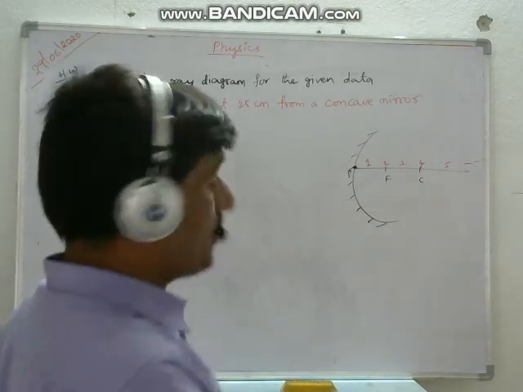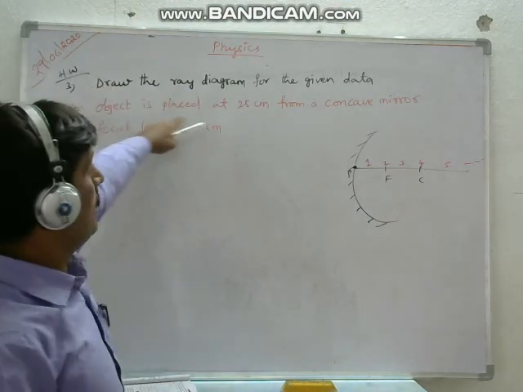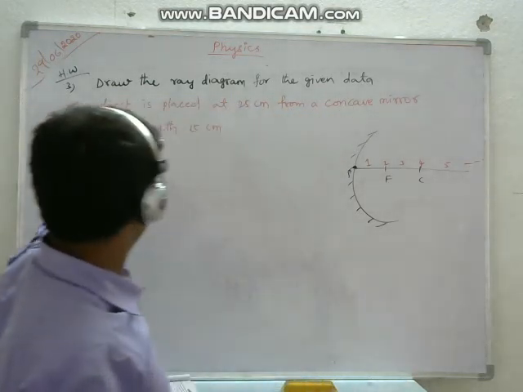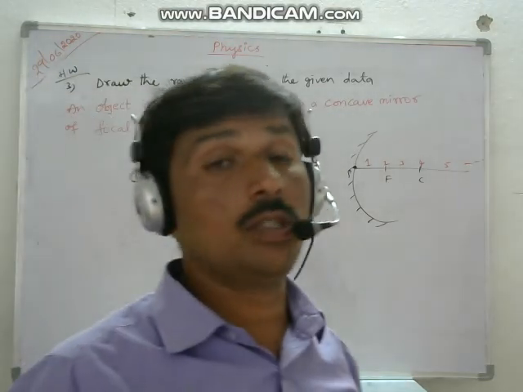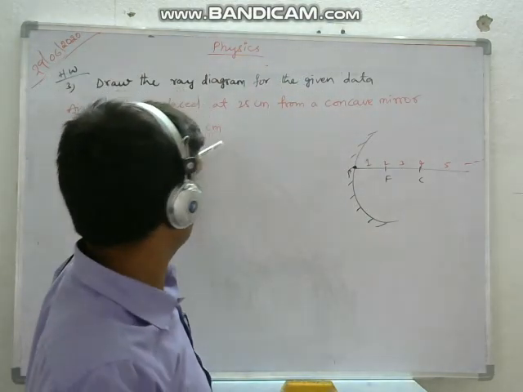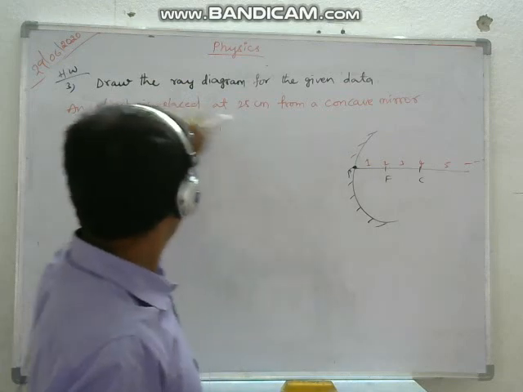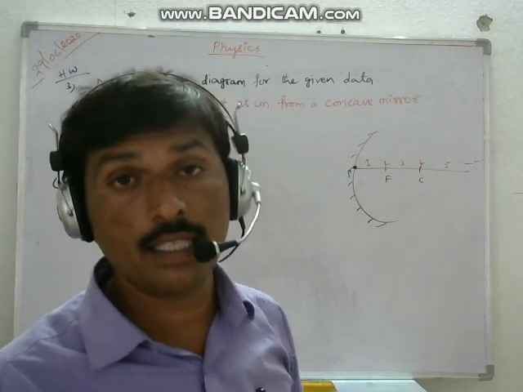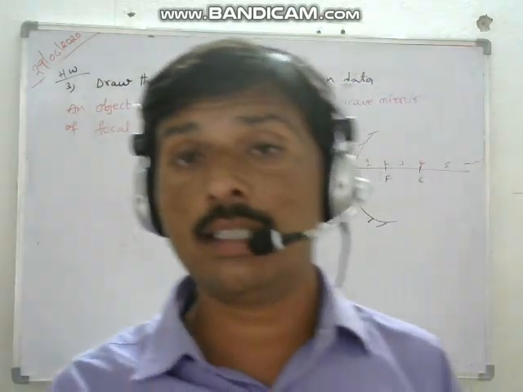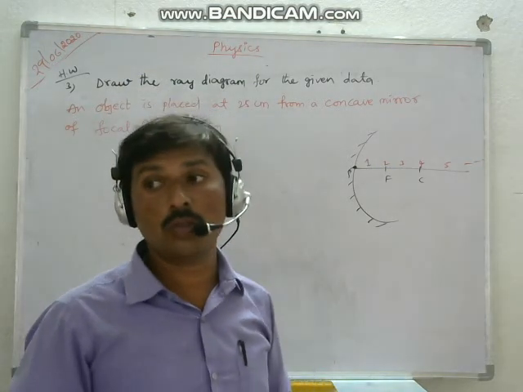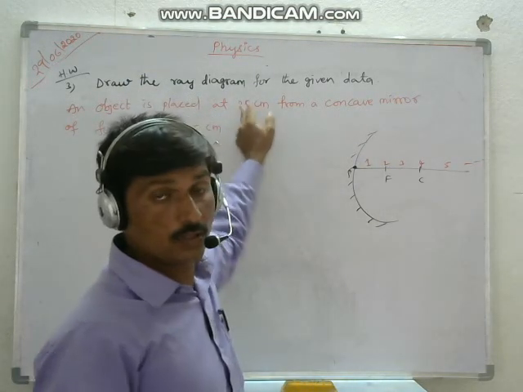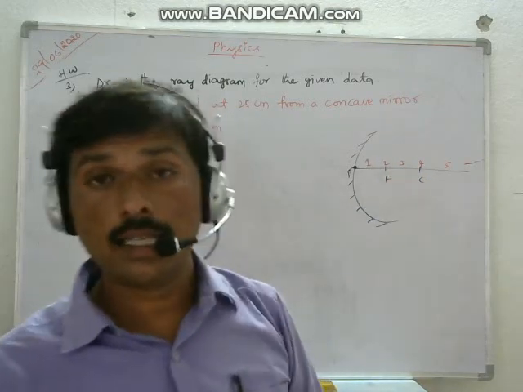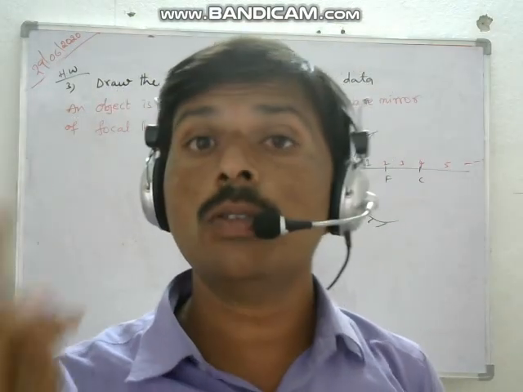See here, as per the given data, an object is placed at 25 centimeter from the concave mirror of focal length 15 centimeter. Without doing any solution you are able to draw the ray diagram, because already you know the focal length is 15 centimeter and the object is placed at 25 centimeters. So based on the focal length you may find the center of curvature. You have a relation between the focal length and the radius of curvature. So by that you can find the radius of curvature, and also you know the object distance, that is 25 centimeters. So by that you will get the object is placed at the third position. So now you draw the ray diagram for position 3, and also